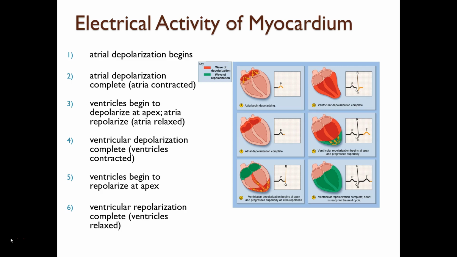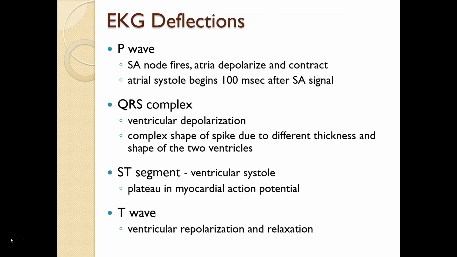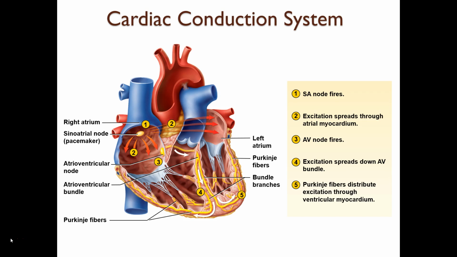Yeah, good question. Very good question. So again, that has to do with the bundle and the bundle branches. Those themselves are not stimulating. There's no stimulation of the ventricles at that point. The stimulation of the ventricles comes when the signal gets to the Purkinje fibers, which you can see in here. So it doesn't actually stimulate the ventricles until it hits the Purkinje fibers? Exactly. Right. So there are branches coming off of the bundles going to the Purkinje fibers, but it doesn't occur until you get to the apex and then comes back up that way. Good question.